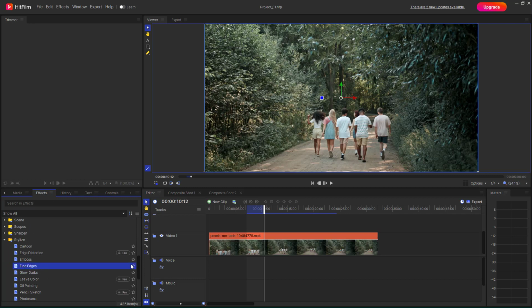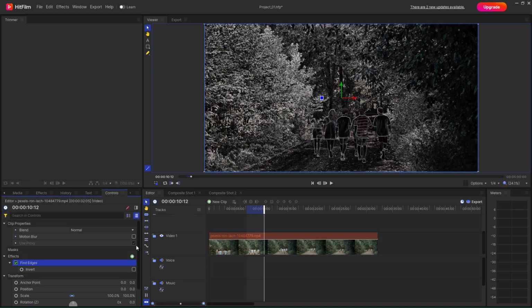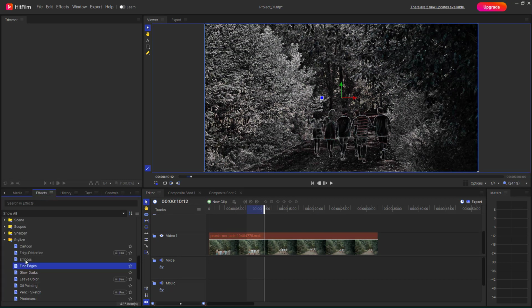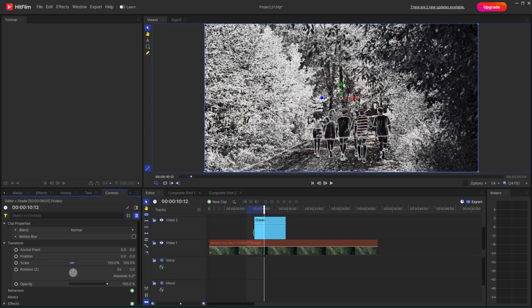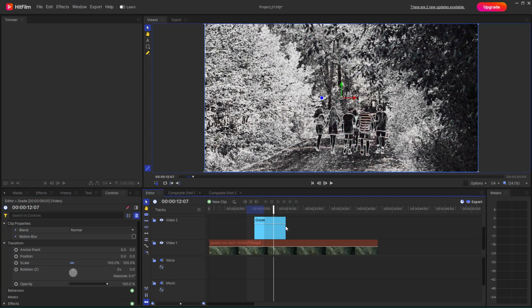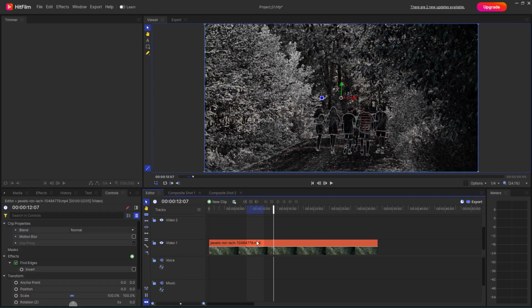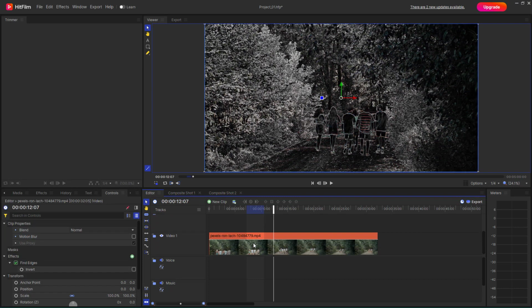So if I were to click and drag this out right here on my particular clip, then you get the Find Edges effect right here. You can also bring in the Find Edges as a part of a separate track right here, so that all the layers beneath it are affected. But I'm just going to demonstrate the Find Edges from this particular effect that is kept on